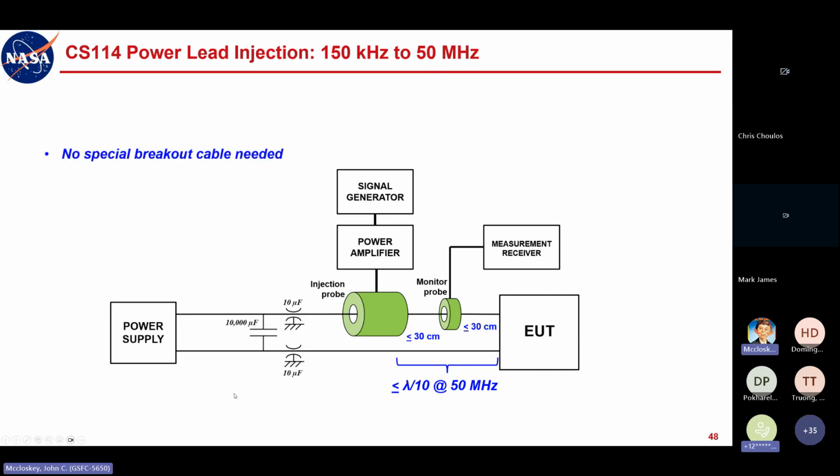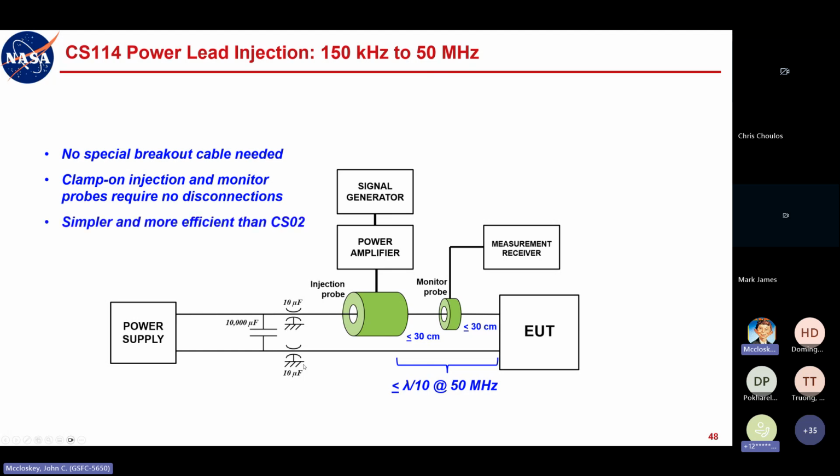So there's no special breakout cable needed. You just clamp the probes around the power lead, and it requires no disconnections, and it's simpler and much more efficient to use than CS02. CS02 required a configuration break. If you're testing multiple power feeds on a given EUT, I've seen this happen, you got not only reconfiguration but a power cycle, right? If you're messing with those connections on each power feed,